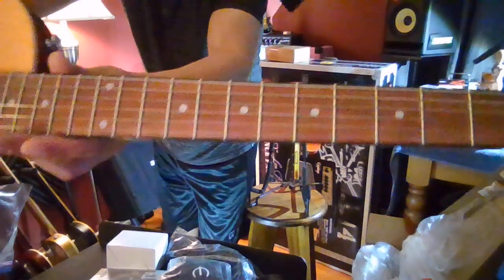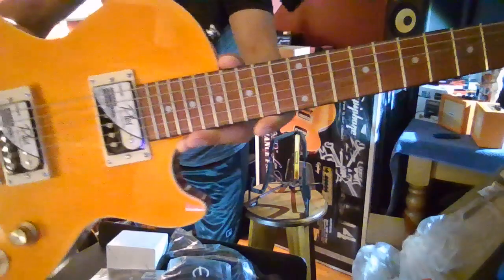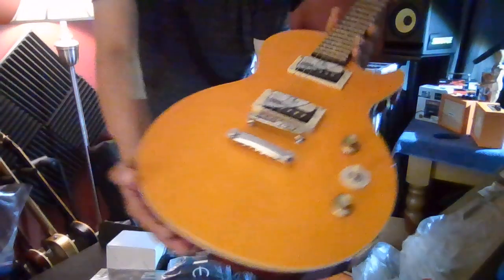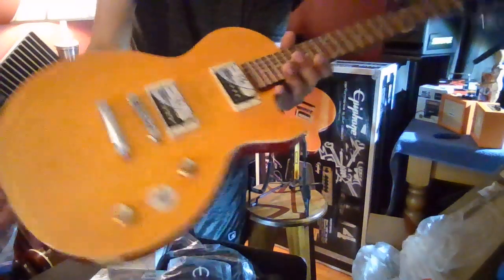Fretboard. I'm not even sure of the specs. I wasn't even thinking. I was too anxious to open it. I'm gonna have to do a separate video of all the specs on this. Oh, so back to what happened, the history behind this guitar. Well, not this